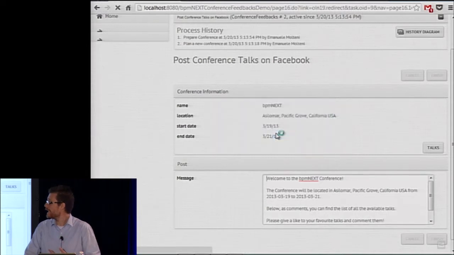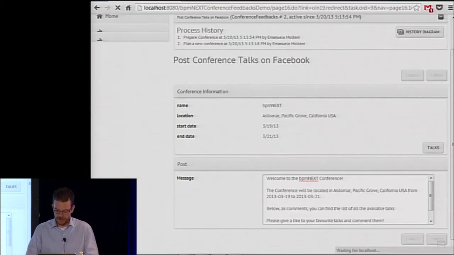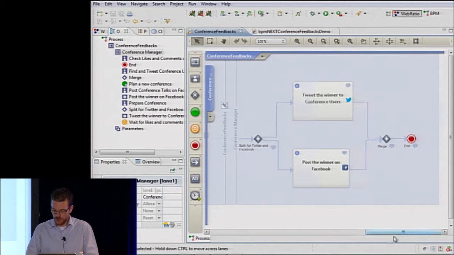In particular, here we are saying that we hope that Facebook is working. Here we are creating a post on the Facebook page, and for each talk that we have created for our conference, we are creating a comment under the post. So all the users can add new comments or can like a comment directly to say that they like the talk related to that comment. Now it's going to create. In the meantime, I can show you how